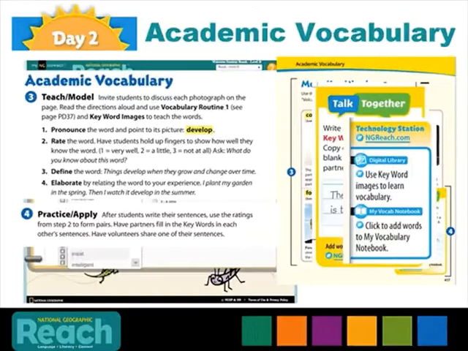Following the grammar lesson, it's time to teach the academic vocabulary words. These are known as delivery words because they are words that surround or are used to deliver the content. Remember, teaching these words will follow the same routine as the content vocabulary on day 1, Vocabulary Routine 1. When it's time for students to practice and apply, they will talk together in pairs to solidify their understanding of